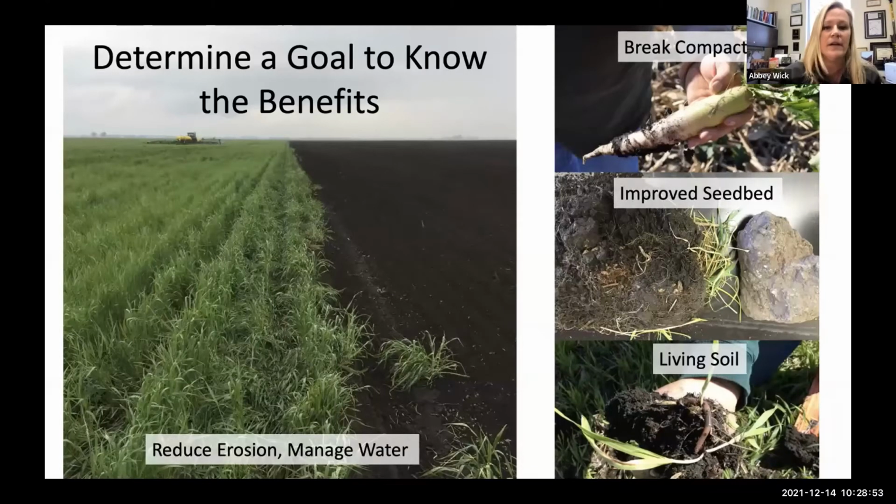Now, I think you guys have a lot of water erosion down there. Typically, if you can control wind erosion, you can also control water erosion as well. And then also we end up with a wet fall at harvest sometimes and a wet spring at planting, so managing the moisture is pretty critical. This year we also had a drought, and so trying to keep moisture in our soils for crop production was also a primary goal for a lot of farmers here. Breaking compaction is always a common goal, using something like a tillage radish to do that, where